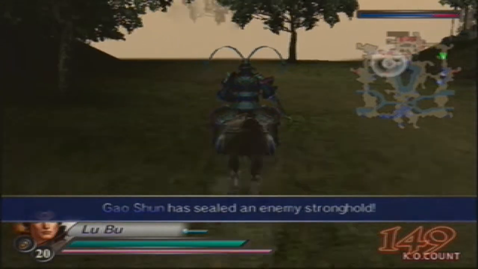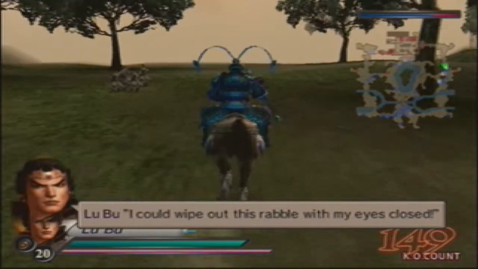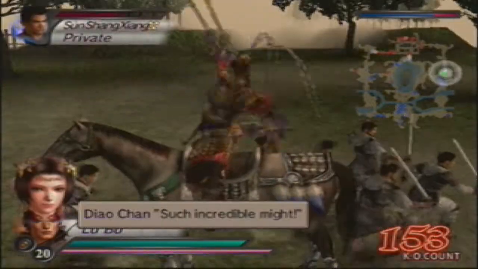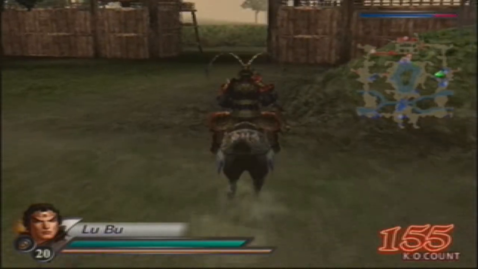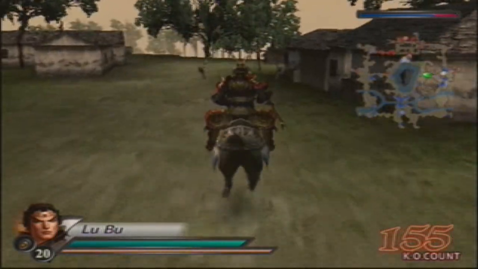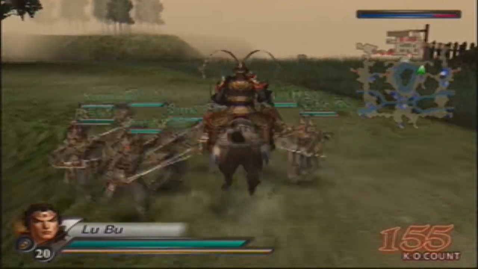I gotta say though, I'm actually starting to feel sad because I love this game. I really do. And I could wipe out this rabble with my eyes closed. There's the actual mobilization timestamp. I forgot about that. And it happens right when you're at a high morale, I suppose. And you've actually tried to find out all the ambush plots. So I think that means that we're about to get into an ambush with Shang Xiang, because she's going to